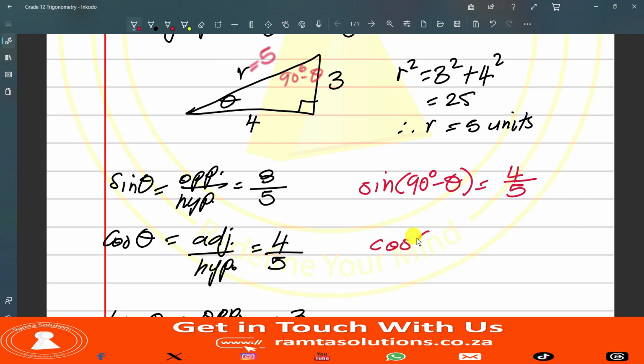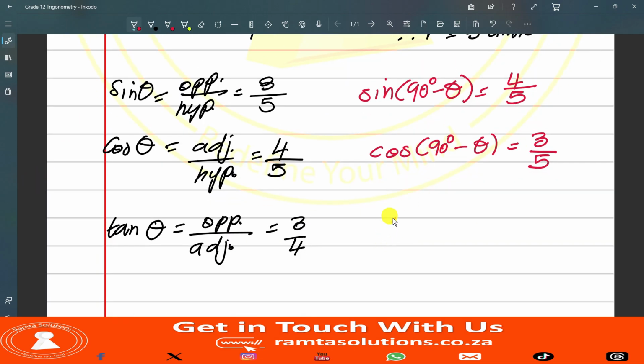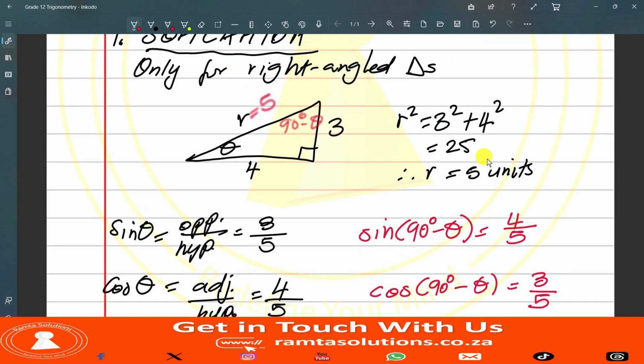Now let's go to cos 90 degrees minus theta. Which side is adjacent to 90 degrees minus theta? It is the 3 units long side, which is 3. Now the hypotenuse, we said it's 5, right? Lastly, let's go to tan 90 minus theta. Tan 90 degrees minus theta will be opposite was 4, adjacent was 3. So it's 4 over 3. I hope you guys now are okay with this. So this is your